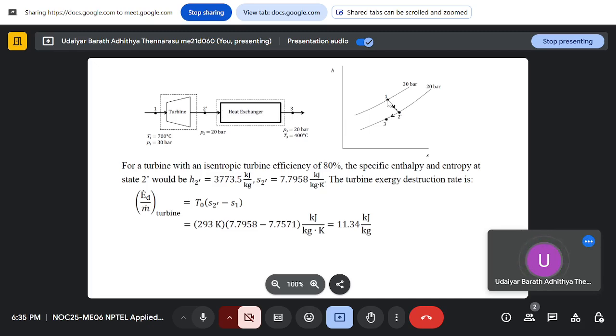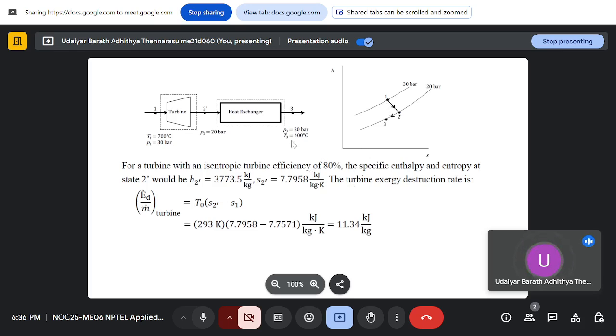So instead of following an isenthalpic process, now we are following an isentropic process. So 1 to 2 dash, ideally it should be isentropic, but it will not be isentropic. So it goes 1 to 2 dash, and then 2 dash to 3. So we are assuming a turbine efficiency of 80%. So my specific enthalpy and entropy at state 2 dash will be, same as what we saw in the